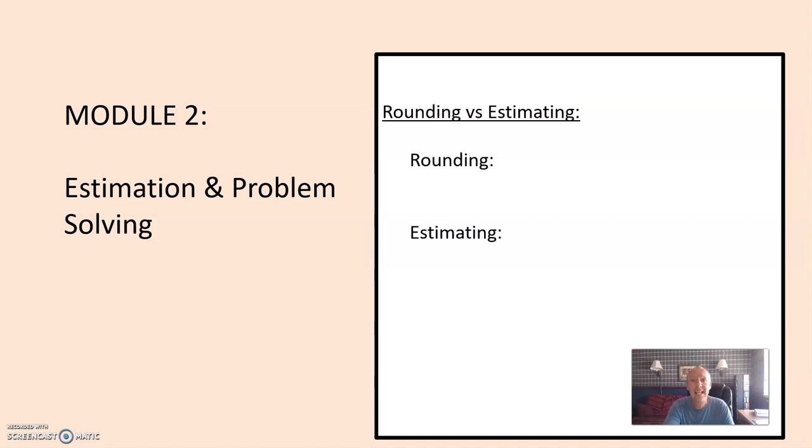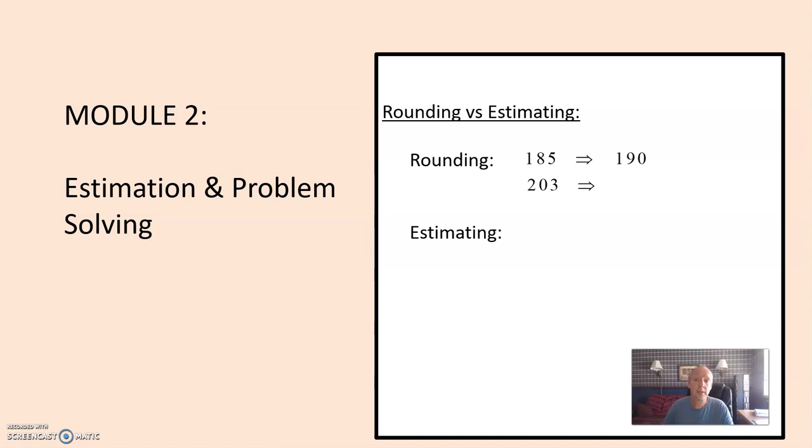Rounding is something that tends to happen at the end of a question, at the end of a process. So let's say we have these two numbers here, 185 and 203, and we want to round them to the nearest tens. Well, looking at the number after the 8, the 5, since it is a 5, 6, 7, 8, or 9, it's a larger digit, we would round up. And our answer would be 190. And we're done. That's the end of the process. That's an example of rounding.